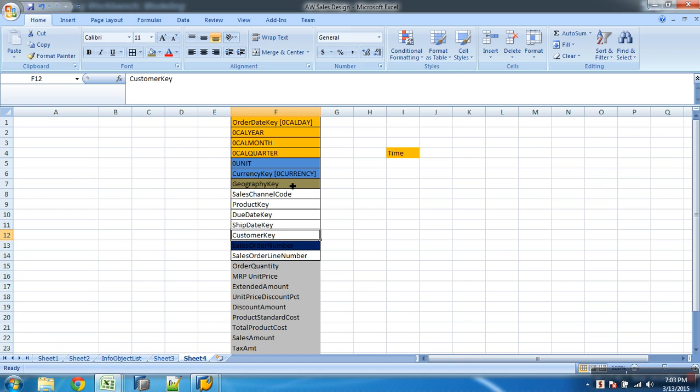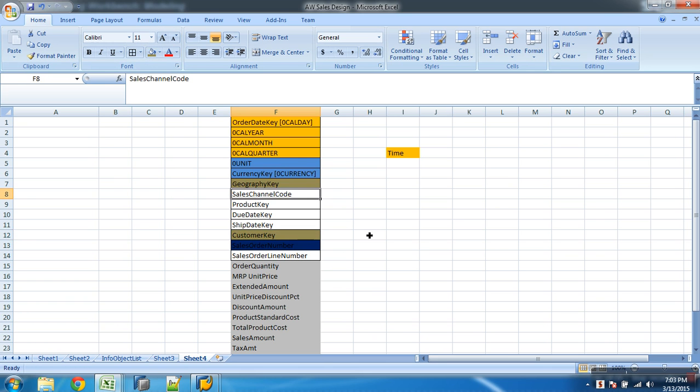If I send both of them to the same dimension, will you get every combination? Actually, 15 combinations should come. Do all 15 come? No. Why? Because every customer does not belong to every country. Because the relation is 1 to many. Can I assign both of them to the same dimension? Right? So I'll say the customer key also goes to the same dimension. Now let's start analyzing next.